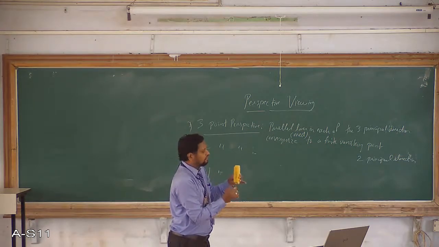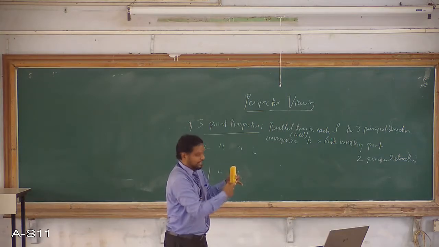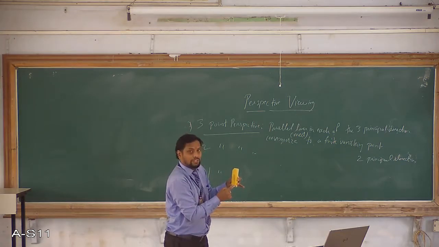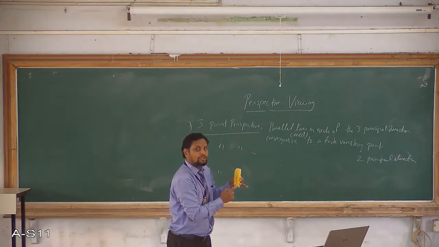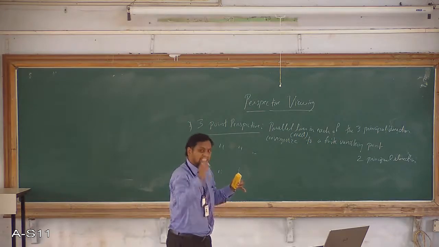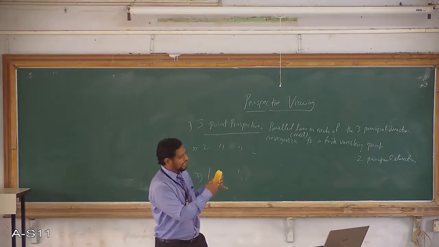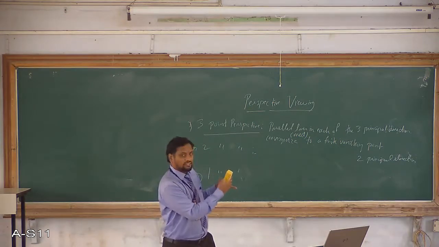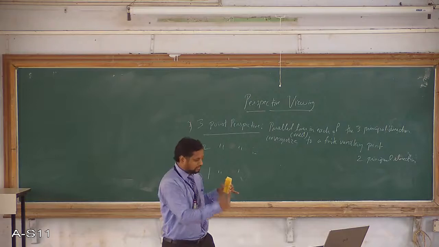2-point, this way 2-point. This face and this face, they are meeting at this point, right? They are meeting at this point. So this is 2-point perspective. If I say 3-point perspective, I need to consider 3 faces: this side, this side, and the top face. These 3 different faces are meeting at 1 point. So this is 3-point perspective. Understood?